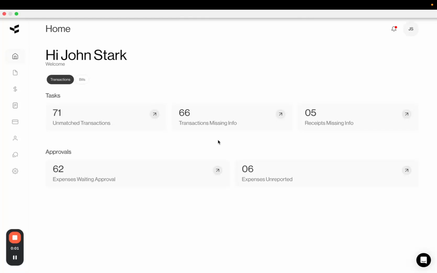Hey there, I'm really excited to introduce a brand new feature that we just launched this week at Vergo. It's called Profiles, and it's going to be very powerful for the way your team codes credit card transactions, and it's going to get a lot of work done for your accounting team just by simply having your team choose